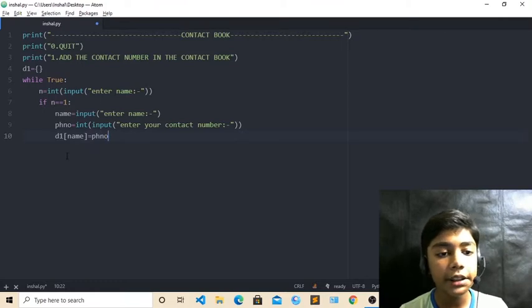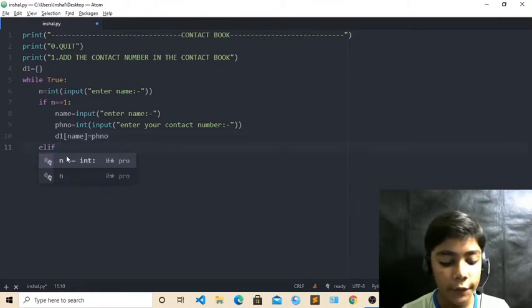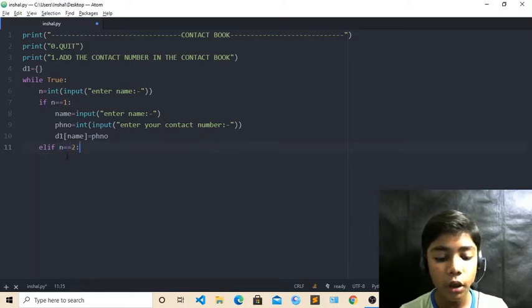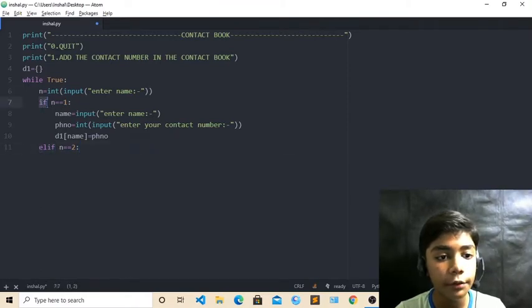Now when you have done this, come over here and define elif n == 2, because when we write if first, then we have to write elif, because elif is second. We have to define these things with the elif tag, not with the if tag, because we only use the if tag first.